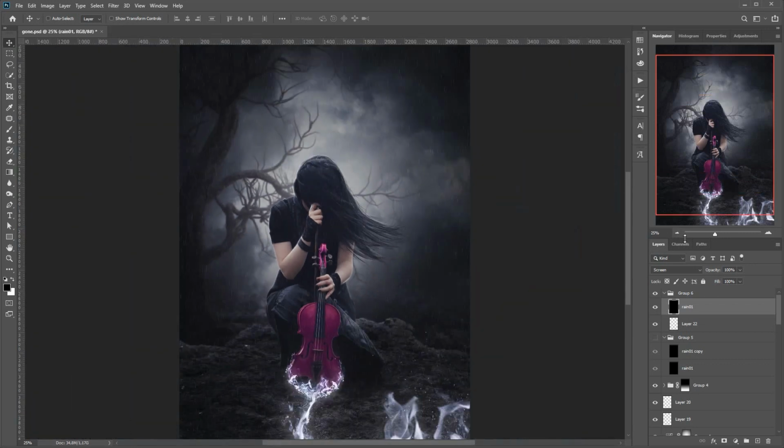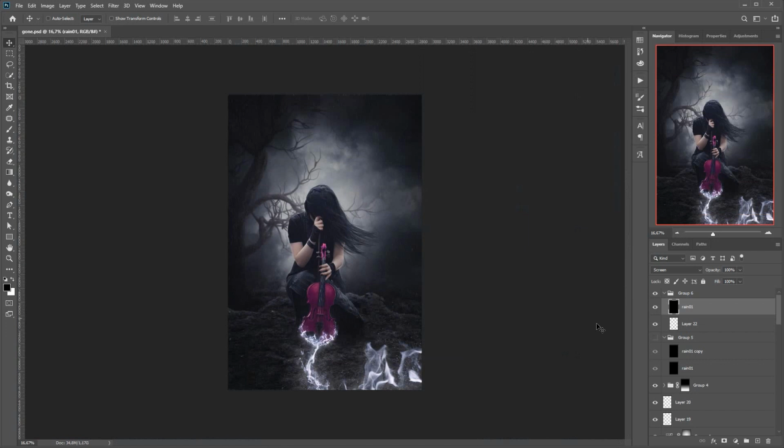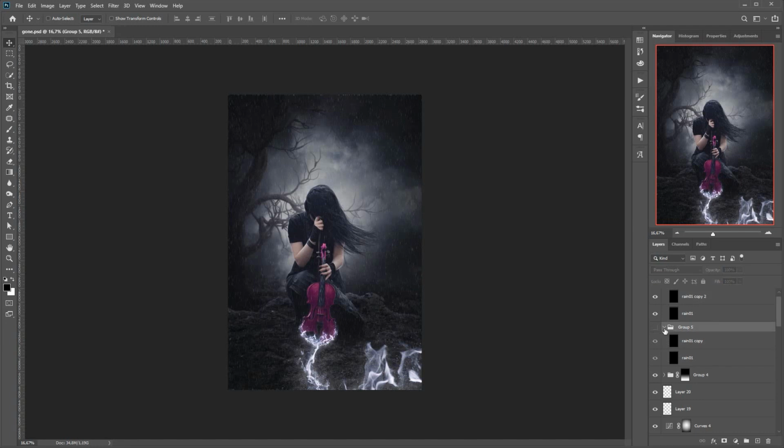So the only thing that I didn't really like was that it's a bit light for my taste. So first thing I did was to just duplicate it. So now it's better. Let me see if that is exactly what I actually did. Yes. So they set themselves to screen. And